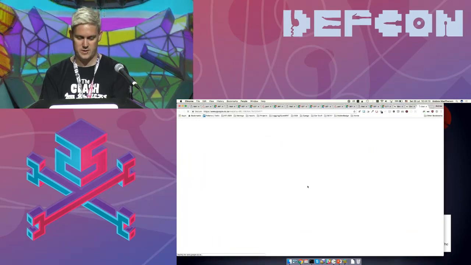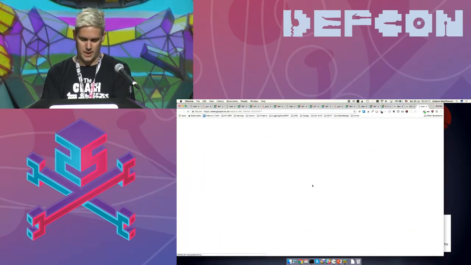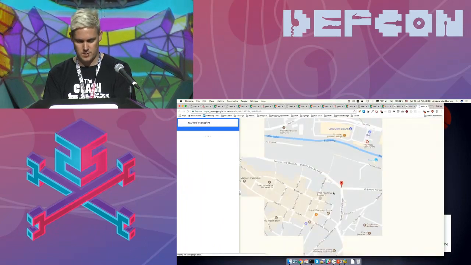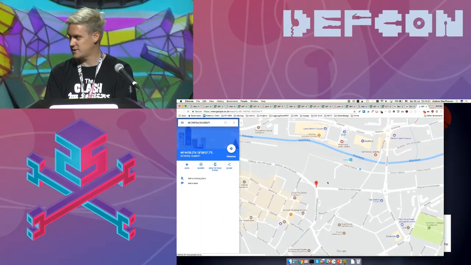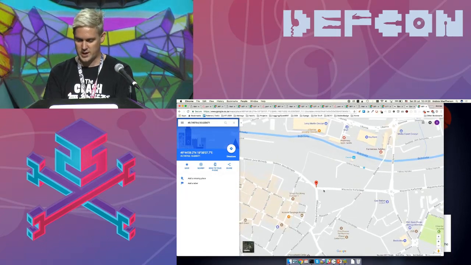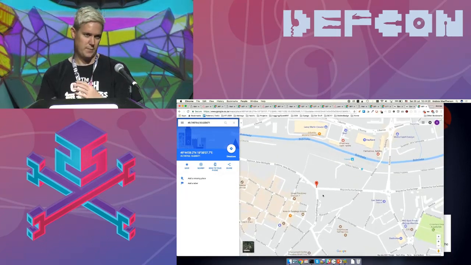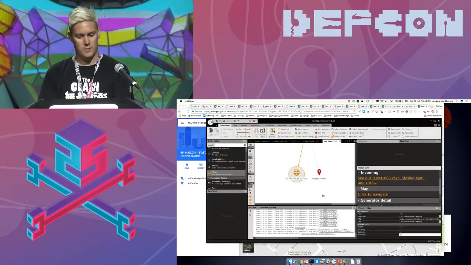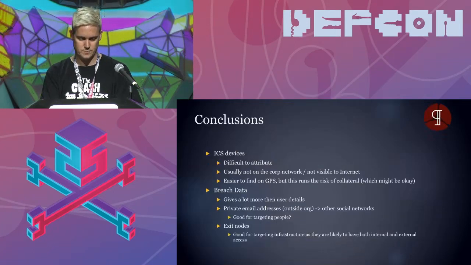So I'm just picking a random one. I don't know how well it will work. But there should be a power station around here, and then I can see, hey, this is the individual marker where they tweeted from. So if I start tracking that person, I'll see, okay, maybe there's things from work, or maybe there's stuff at home.